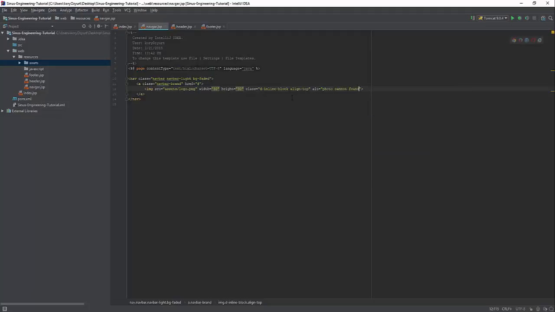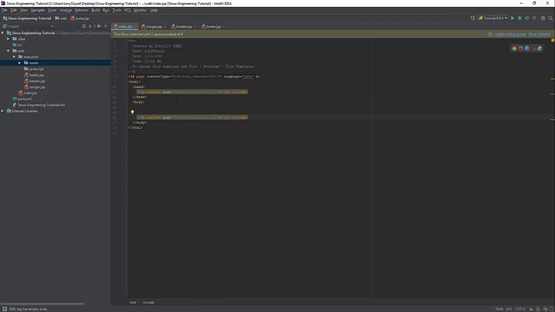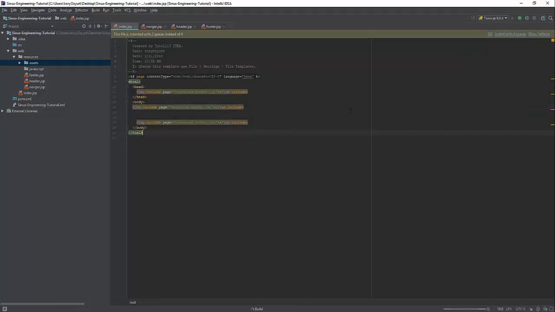then we can add a title for our navigation bar, like engineering servlet. Then let's include page resources and navigation bar.jsp. Let's run this project,